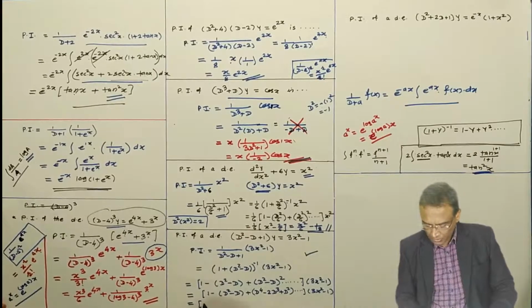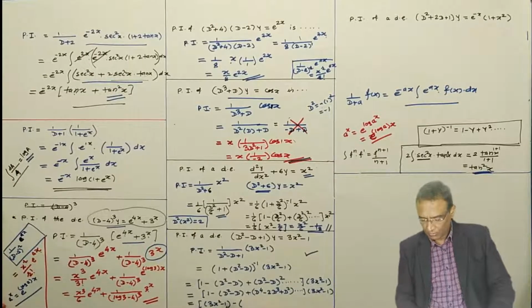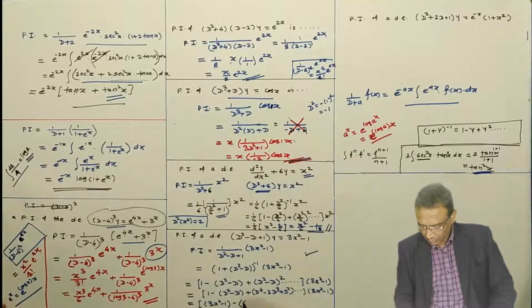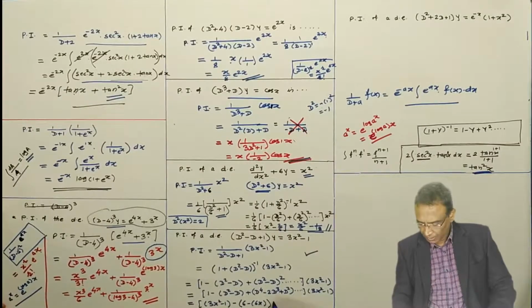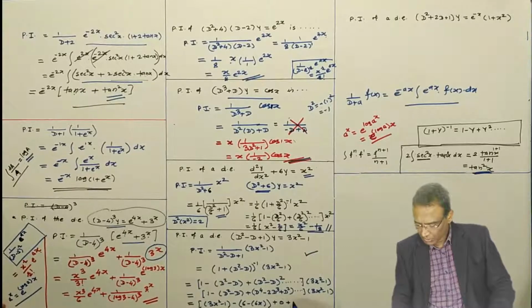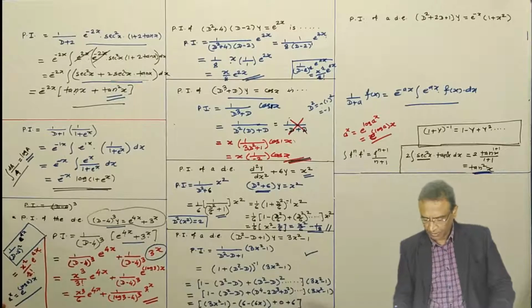1 multiplied by 3x square minus 1 is 3x square minus 1, and this you write down carefully. Double derivative of 3x square is 6. Double derivative, I am writing directly. d square of this means double derivative of this is 6. Single derivative of this is 6x. Fourth derivative of this is 0. Third derivative of this is 0, and the second derivative of this is 6. Like this. Now this is the answer.